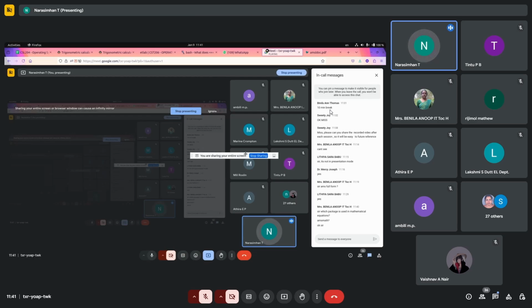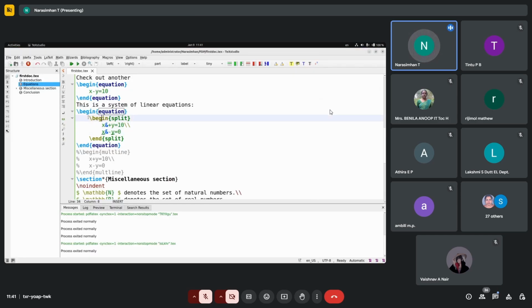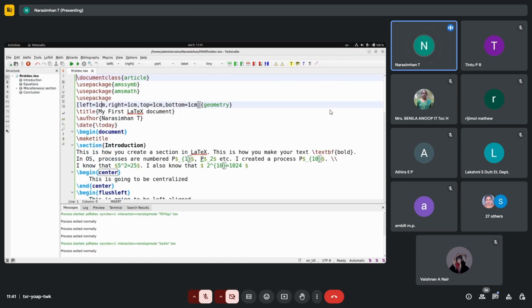So I hope everyone got how to use these equations. So there was a doubt on how to get the equation numbering like 1.1 or something like that. So basically you want the section number also to be incorporated with the equation number, right? For that there is a command called number within. Again, it's provided by your AMS math package. So I can write like this,